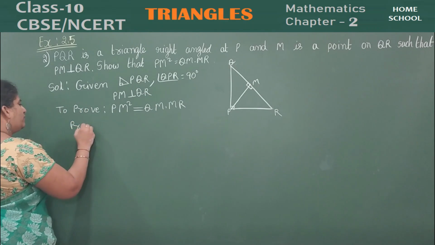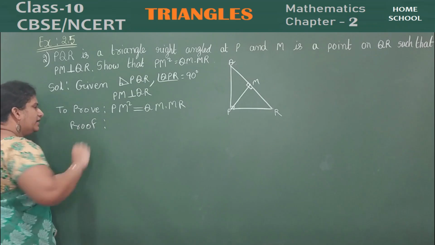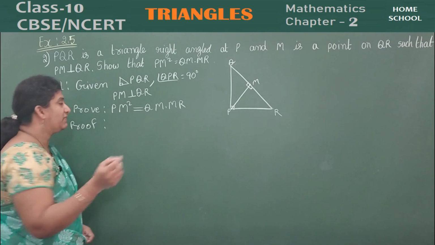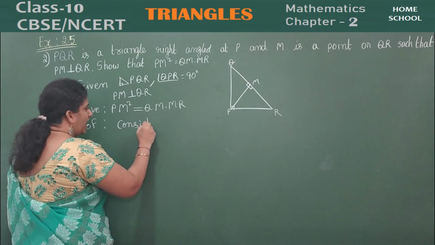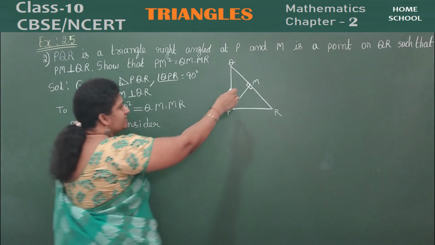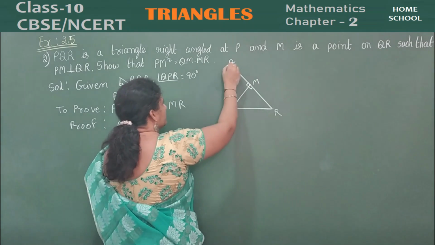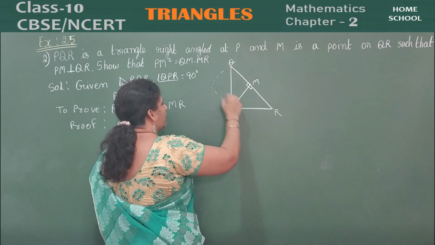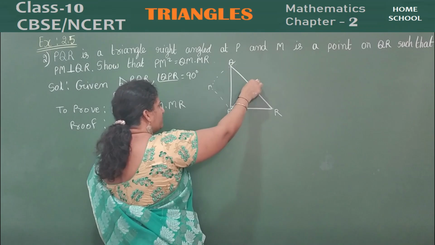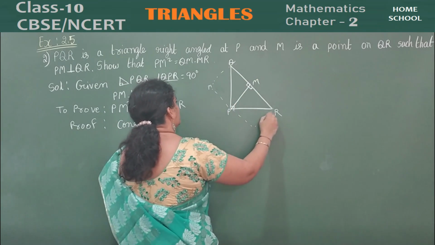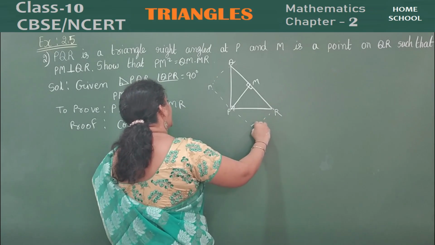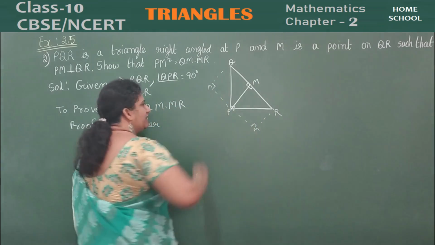Let's start our proof. How do we start? You remember the case 3. How to start here? I will consider something. I just split the two triangles here. So again, always the technique is same. Lift the same and keep up, and lift the same and keep here. So what happens? This makes a right triangle and this makes a right triangle.